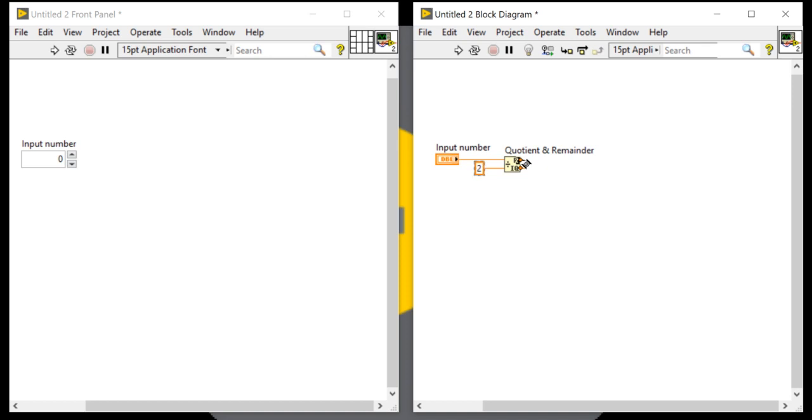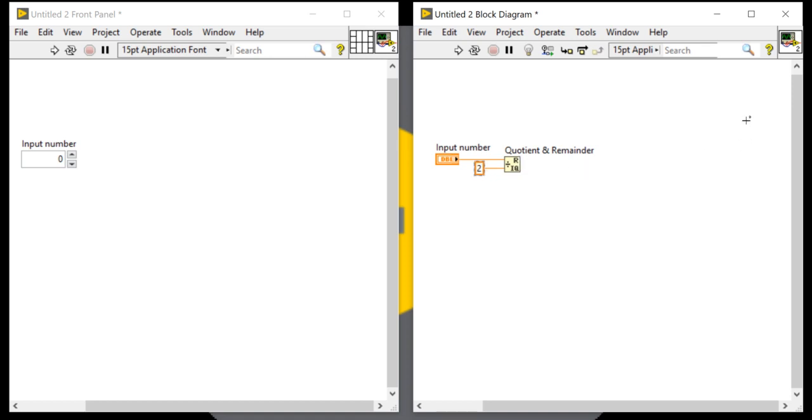So for the programming logic, each and every time we need to check whether our remainder is 0 or not. If our remainder is 0, that means our number is an even number.